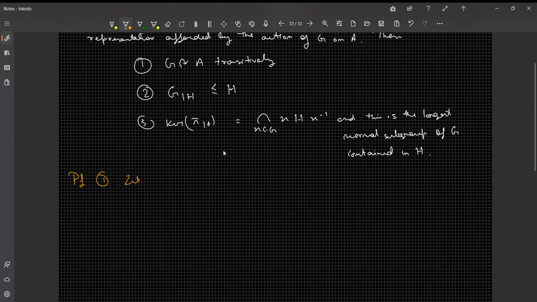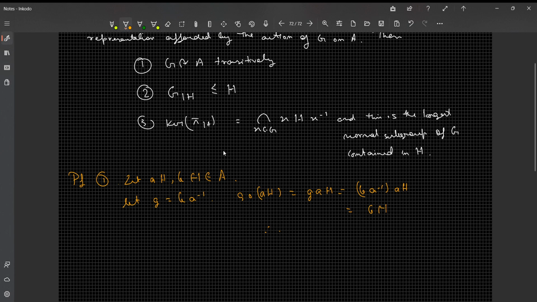So let aH and bH be from A. We consider g to be the element ba inverse. Then what is g acting on aH? Then that is g·aH, but that is exactly ba inverse aH, and that is equal to bH. Therefore,